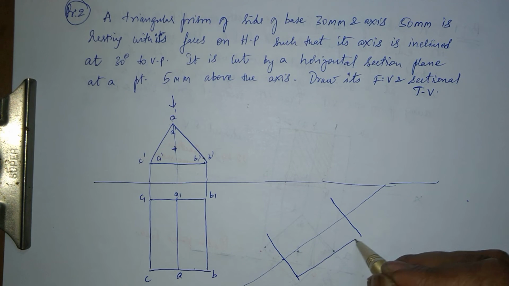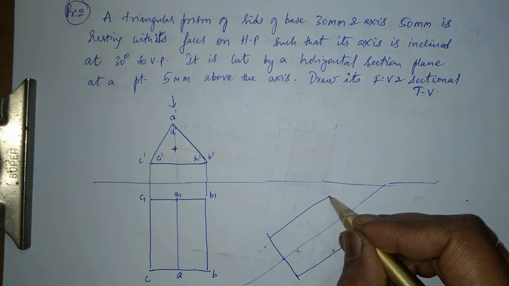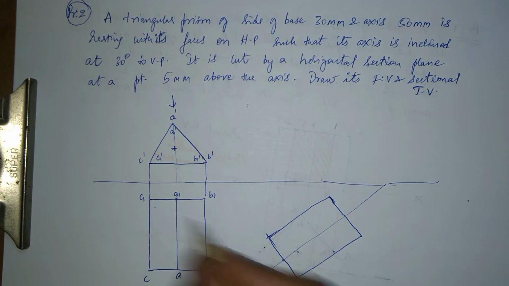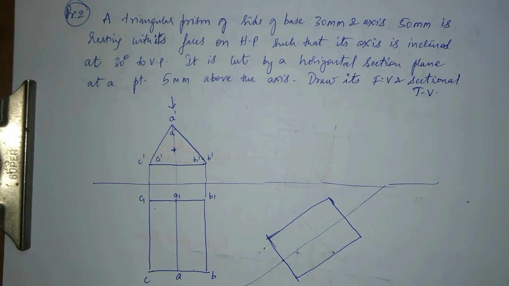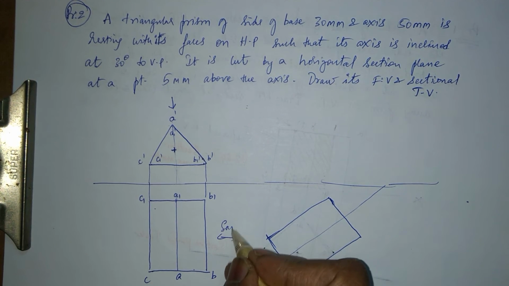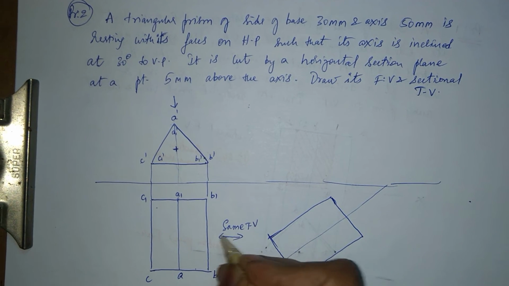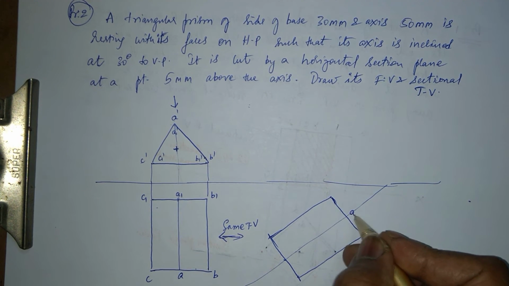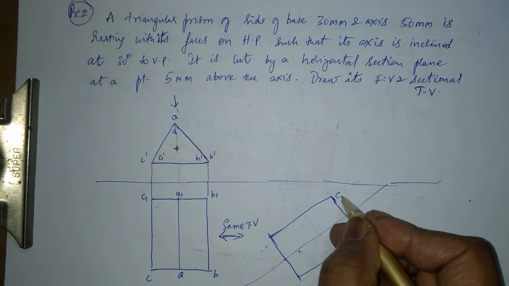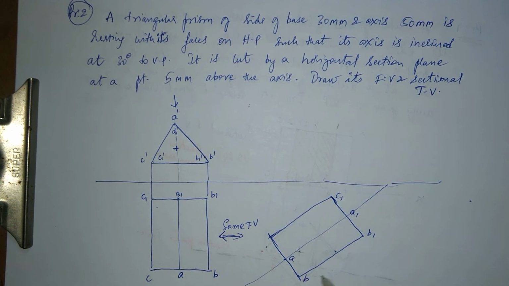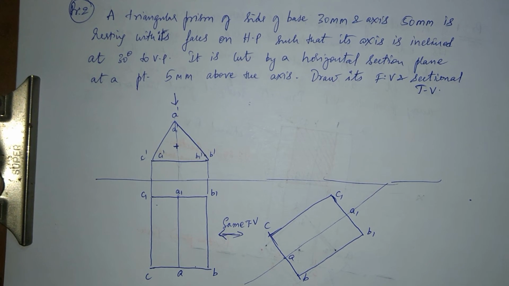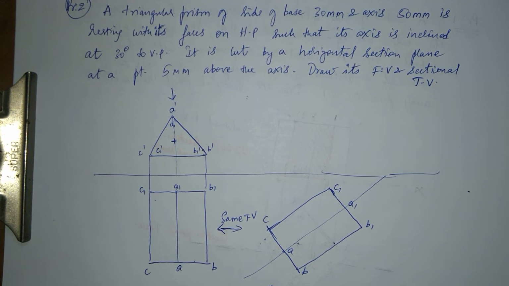And then let me get the top view. So this is my top view. This diagram and this diagram are both the same top view. Now on this side I'm marking A1, B1, C1. This is my A, B, and C. Right, so let's just move on.